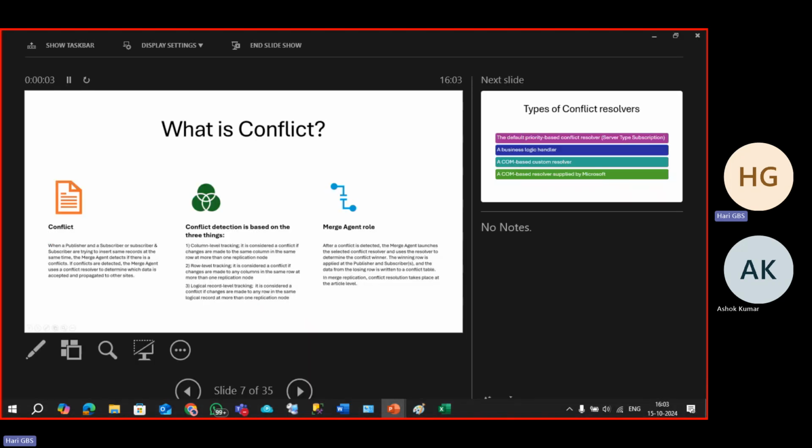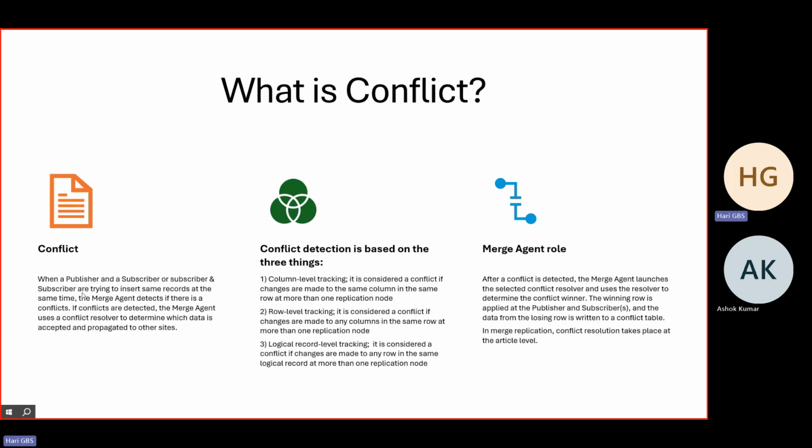A conflict is when a publisher and subscriber, or subscribers, are trying to insert the same records at the same time. The merge agent detects if there is a conflict. If conflicts are detected, the merge agent uses a conflict resolver to determine which data is accepted and propagated to